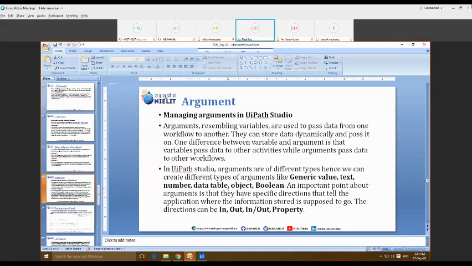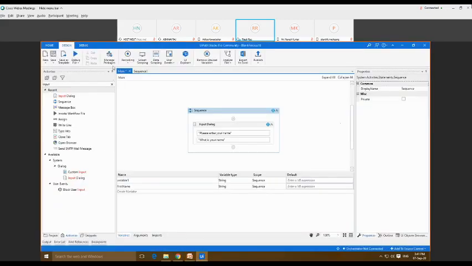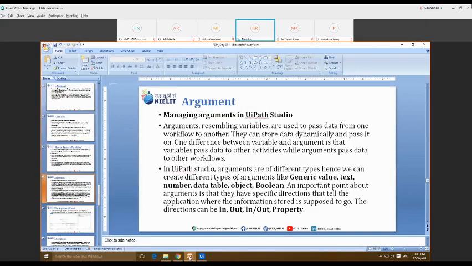Apart from the type and so many other fields, let me open the argument panel so that I can discuss the direction portion. This is very important with respect to arguments: they have a specific direction that tells the application where the stored information is supposed to go.